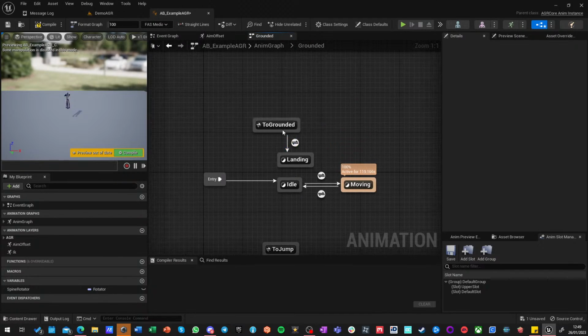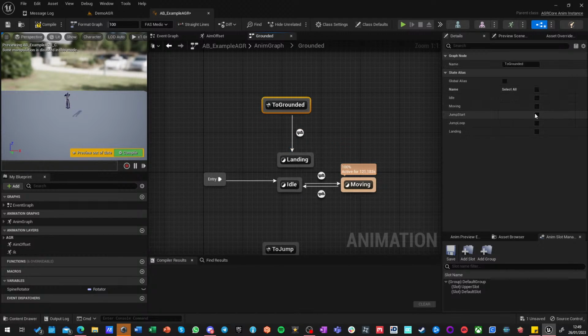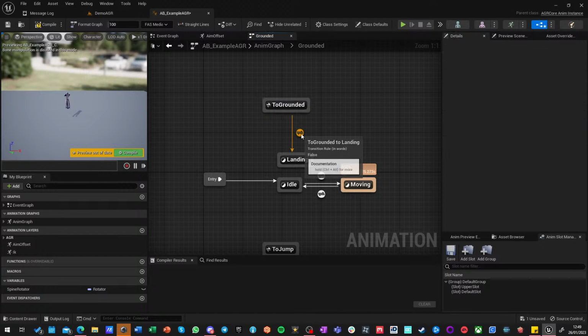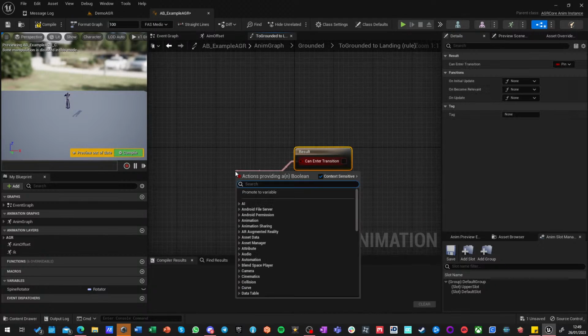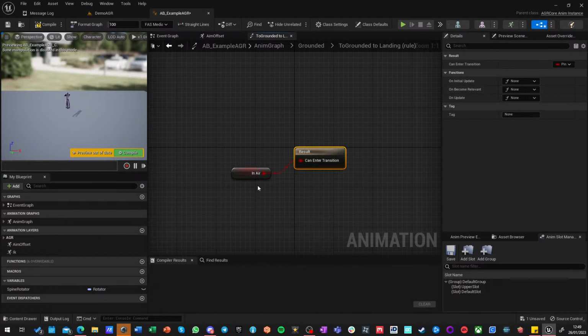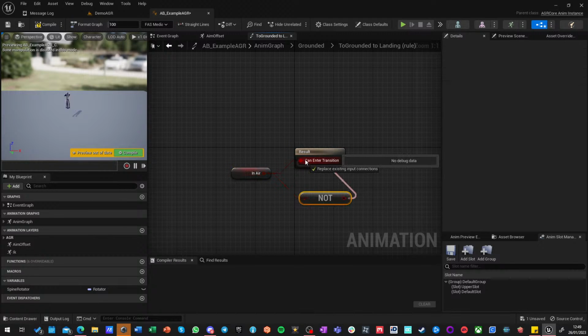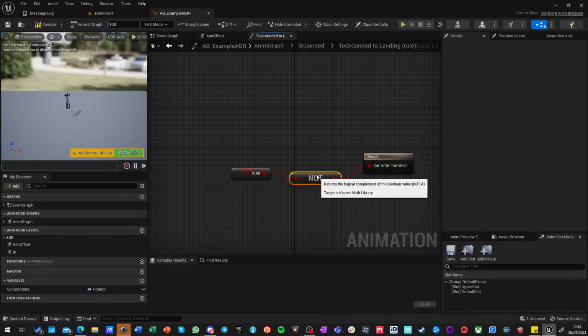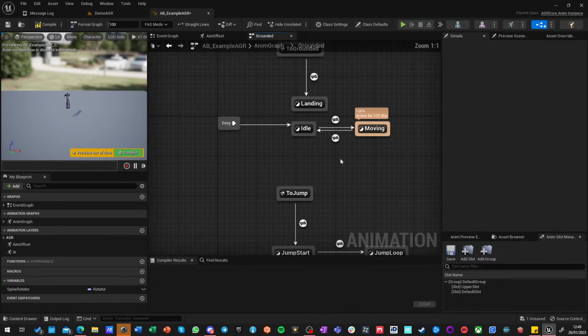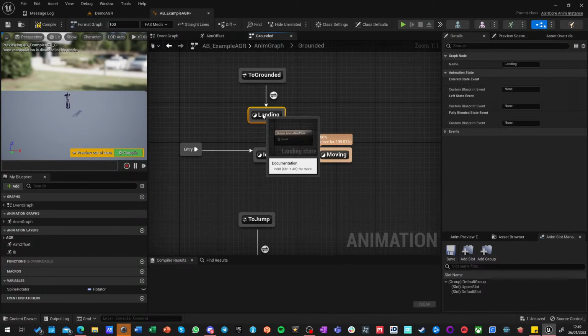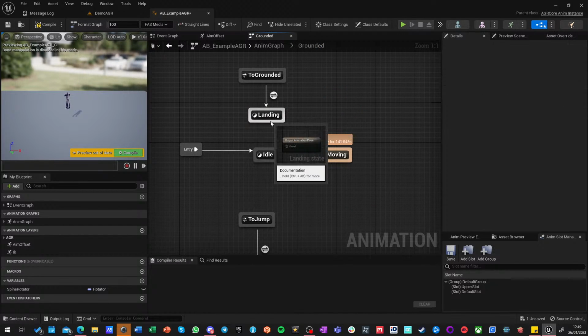And now we're going to ground it from both jump loop or jump start, and this basically says in air, not. And landing,